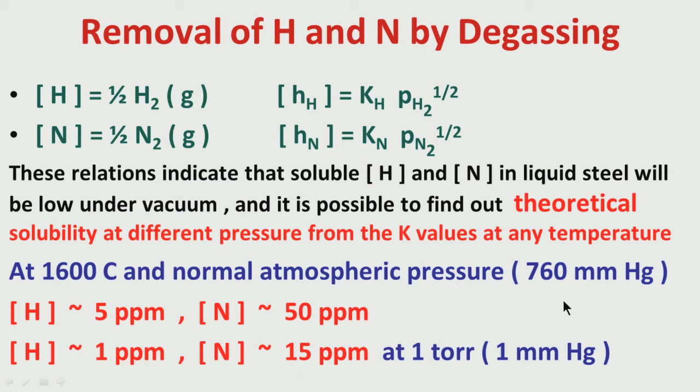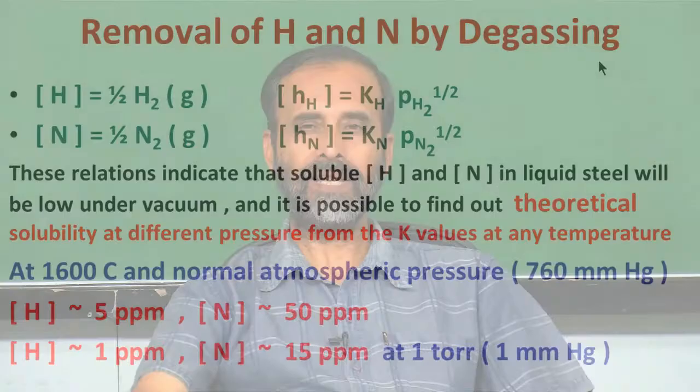So, it is very clear, by using vacuum we can degas the liquid steel, we can bring down the hydrogen and nitrogen contents in liquid steel. The process is called degassing. So, we must create vacuum in the process. In whatever process there is vacuum, there is a possibility of degassing, a possibility of controlling or reducing soluble hydrogen and nitrogen in liquid steel, which is an important requirement for getting a good quality of steel, because if the gaseous contents are present more than critical values, they can create problems during casting, and they can create problems during subsequent